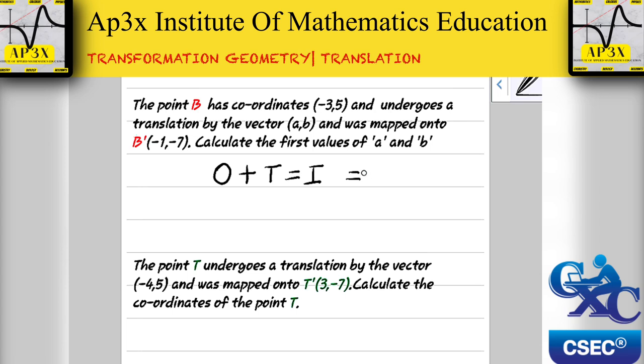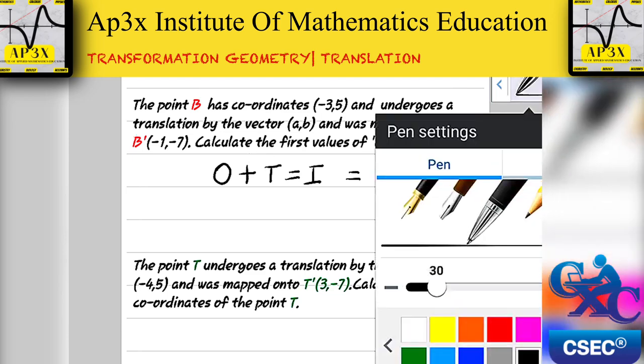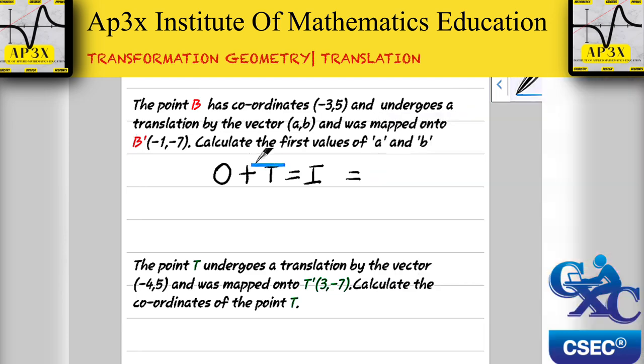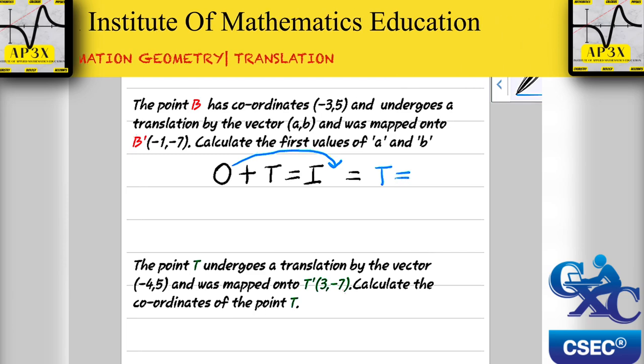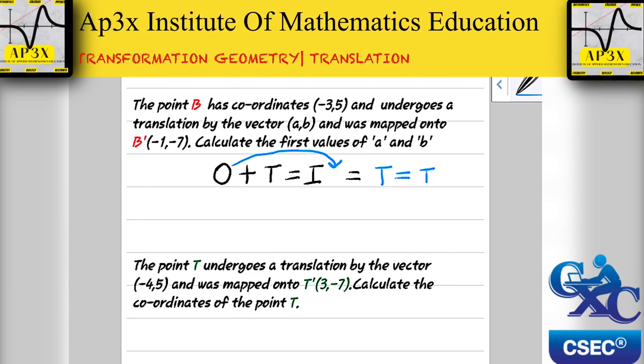So you could say, since I want T to be my subject, I'm going to transpose O to the left side. You might find some instructors telling you that the translation vector formula is T equals I